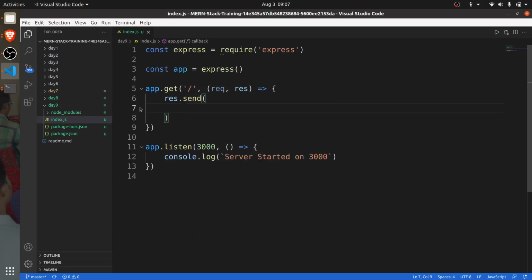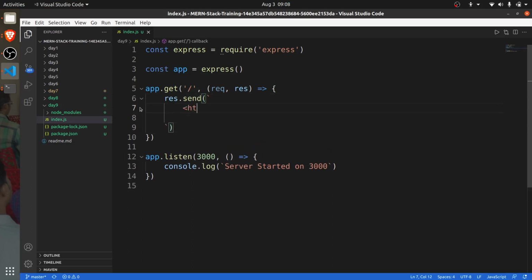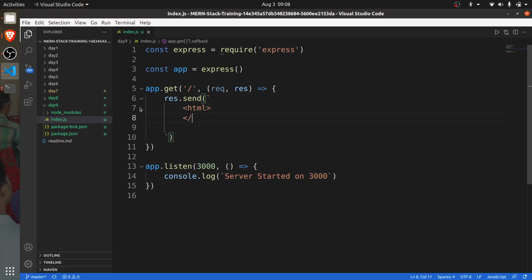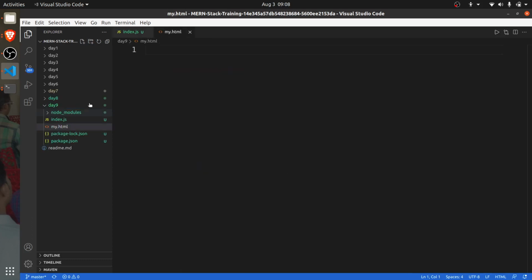and here I would like to send HTML, with a title, first page, or I could create a new my.html.